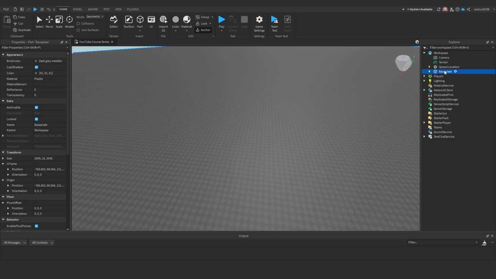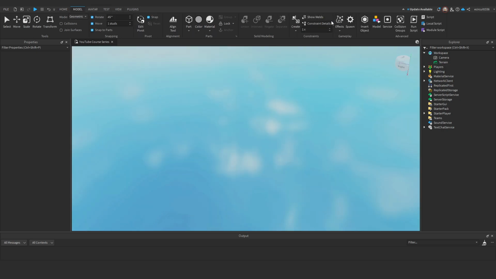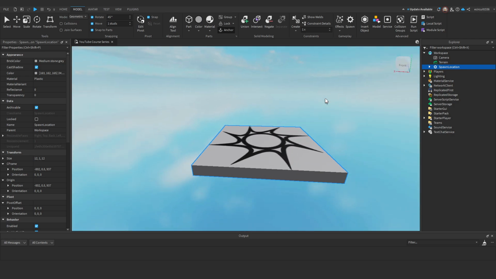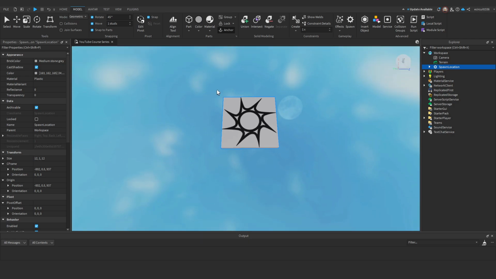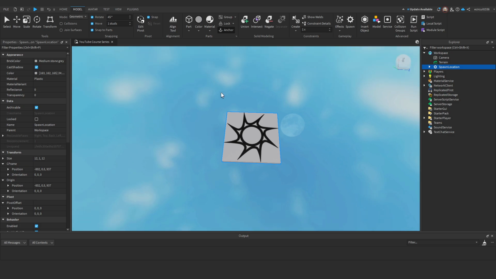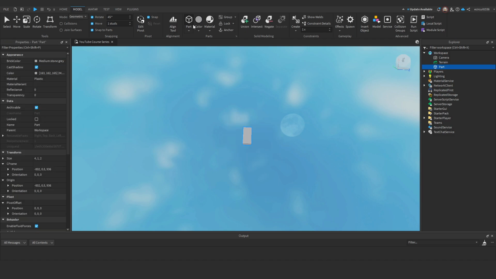Okay, to get started, we're going to delete the base plate. Now, if we go to model and then we click on spawn, we'll insert a spawn location into the game. Now, this is good for your typical Roblox game. However, as you'll see in the next video when we work on checkpoints, we are going to use pre-named parts for our stages, and you want to start on stage 1. You don't want to start at the spawn location. So we're going to not use the spawn location, and we're going to add in a part